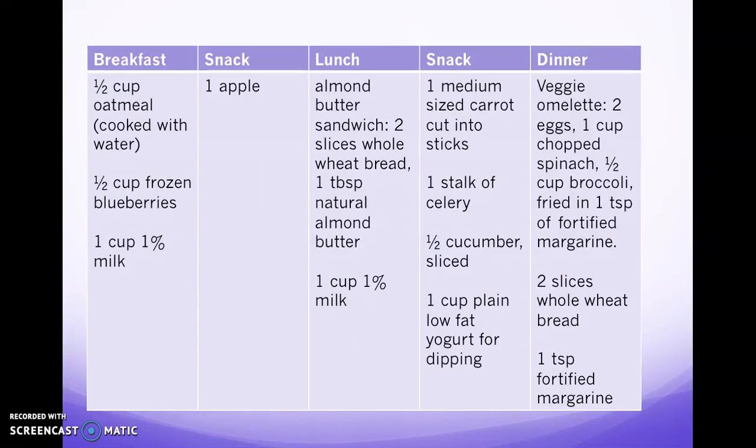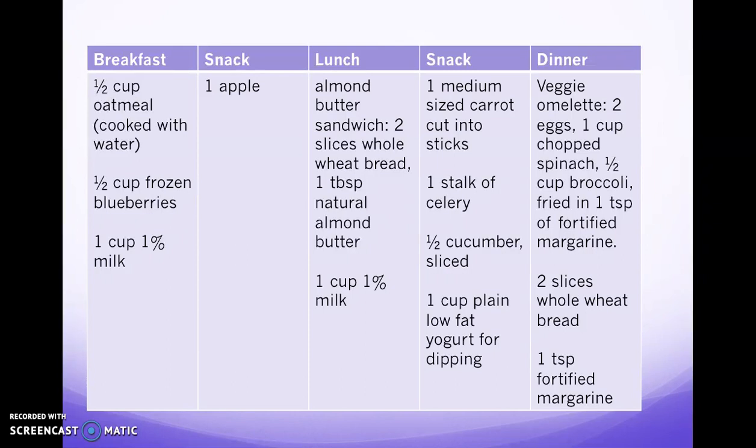And then day 2, breakfast is very economical, easy to prepare, half a cup of oatmeal cooked with water, half a cup of frozen blueberries, which are more economical than fresh, and 1 cup of 1% milk. And then for snack, an apple, and then lunch, an almond butter sandwich, again with the whole wheat bread, so